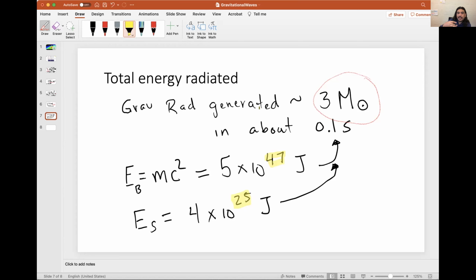It's not just double that. It's actually that there's an exponential increase between the two, a huge exponential increase. And to quantify that, if we look at how much energy the sun is going to radiate over its lifetime, so in about 10 billion years,